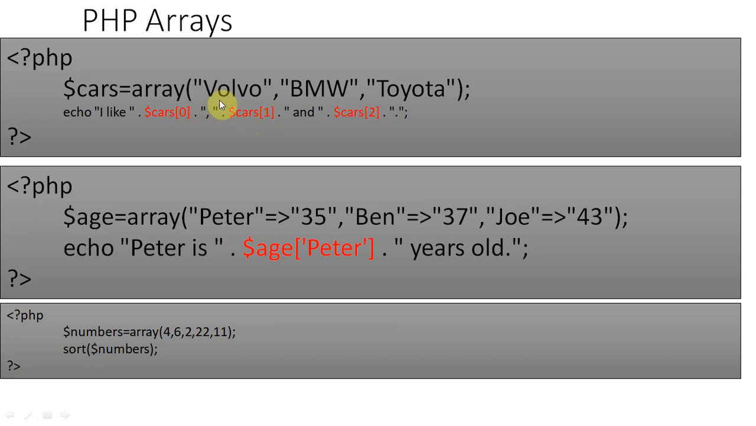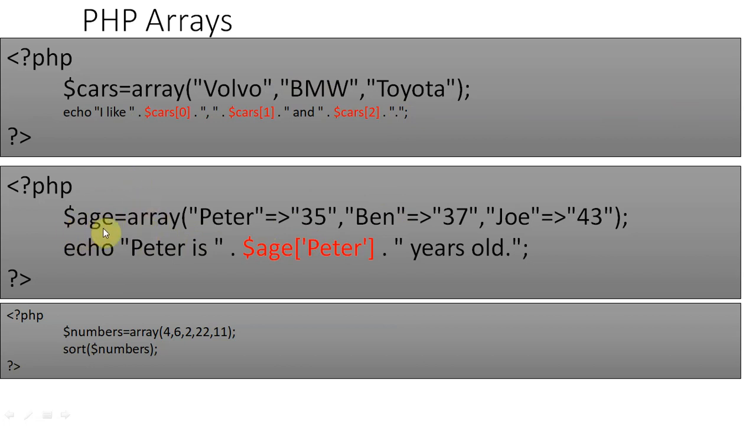At position 1 of the cars array BMW is stored, so it will display BMW here. Again we are concatenating and, so it will display and, and then again we are concatenating with the second position of the cars array. In the second position of the cars array Toyota is there, so it will display Toyota, and then again it will concatenate with dot, and finally it will display the full stop. So this is the complete statement. And in the same way we are storing here